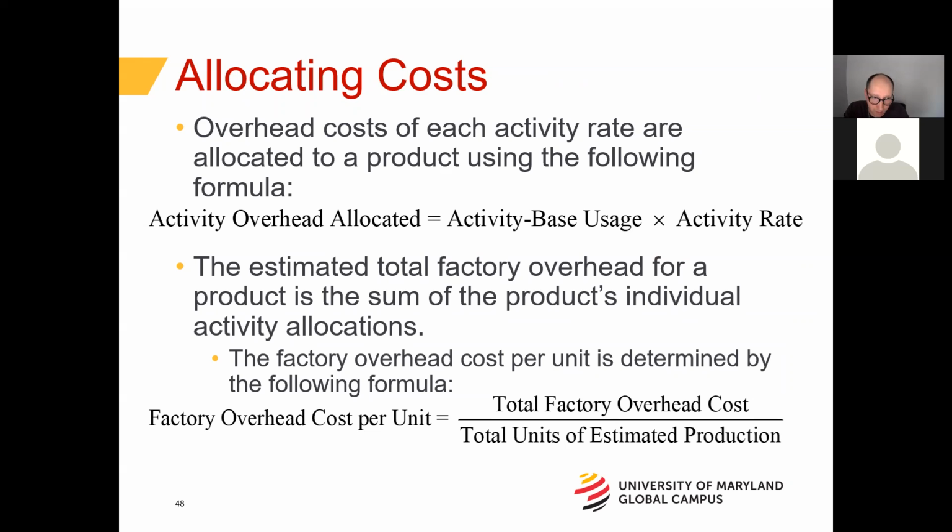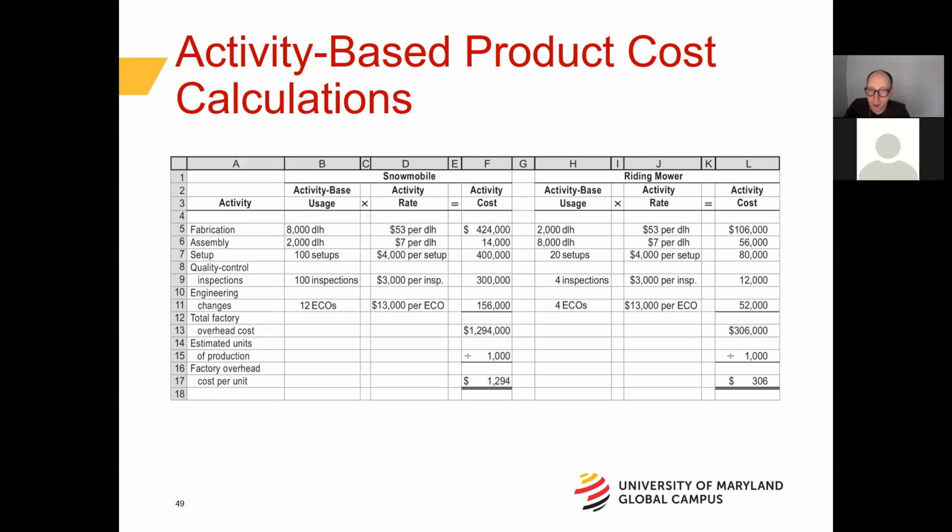And then, after we find the activity overhead allocation, we can then find the factory overhead cost per unit. Cost per unit, of course, is the sum of each individual activity to build one single unit. And the way we do that is we take the total factory overhead cost divided by the number of units estimated of production. So using our spreadsheet,